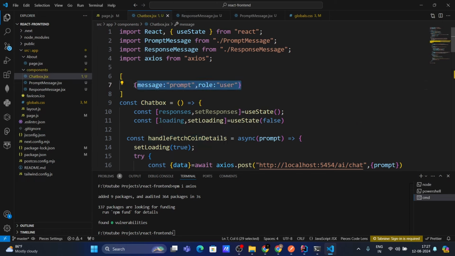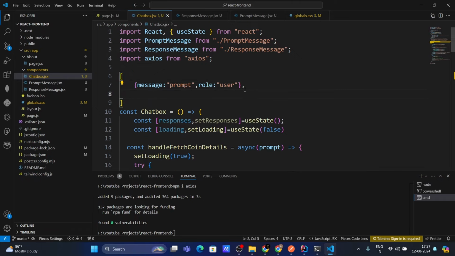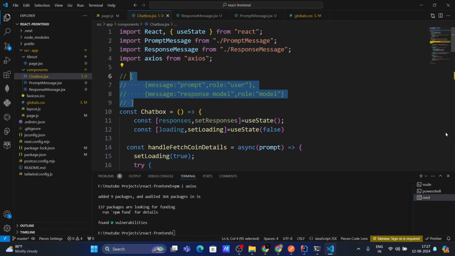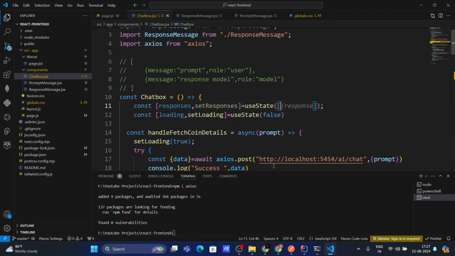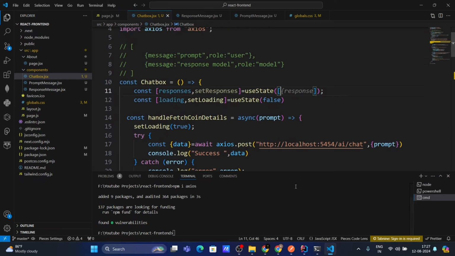But if the message is a response from the model, then the role will be model. Okay, in this format, guys, we are going to store data inside these responses. So let's give an empty array for it for now,